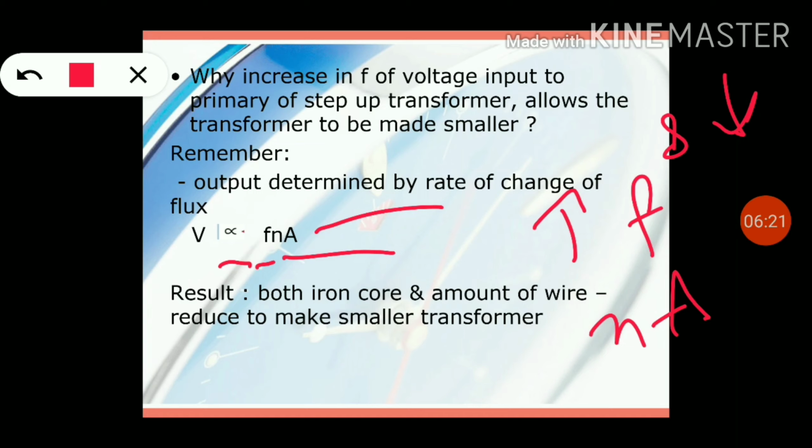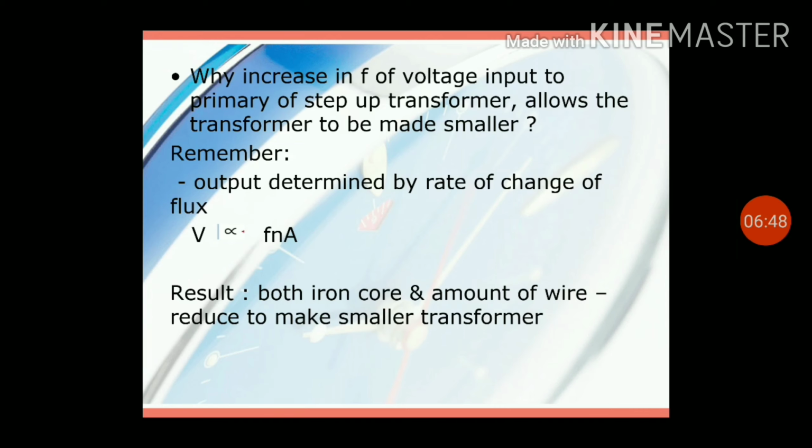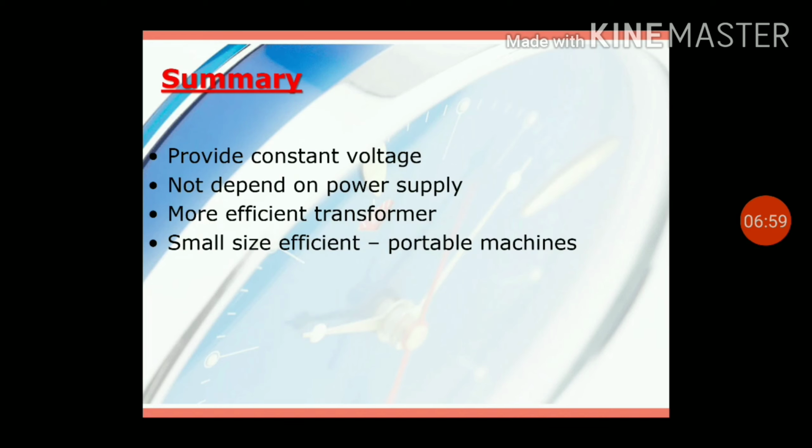So complete design changes are required in this. As a result, both the iron core and the amount of wire can be reduced to make a smaller transformer. The iron core can be reduced and the wiring also reduced. That will make the transformer compact in size. For a larger transformer, it is not contained in the tube head, but we can still reduce it to about 1/3 of the size of a conventional 12 pulse rectifier.